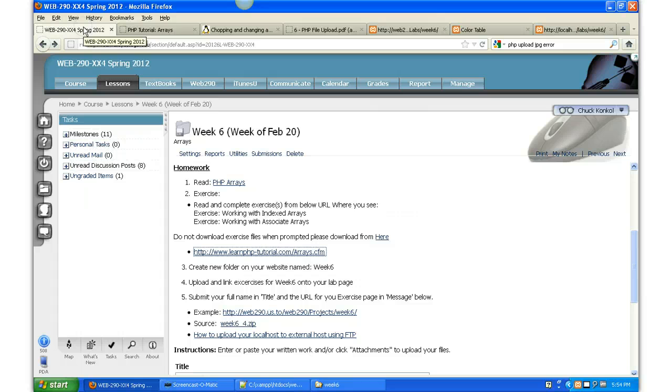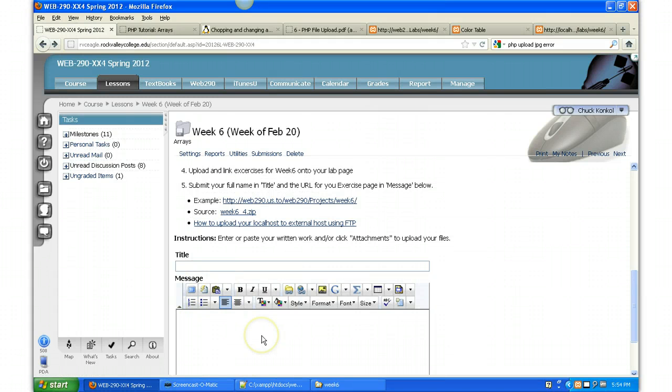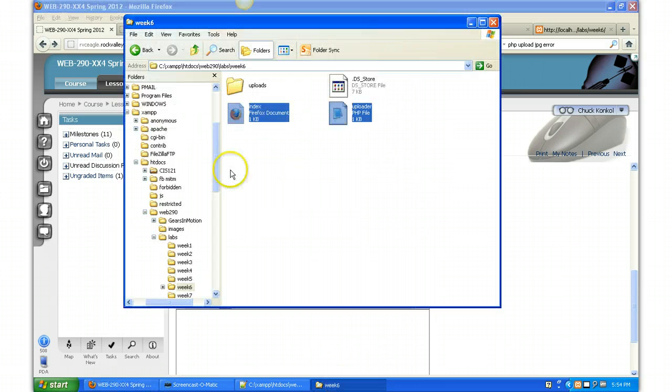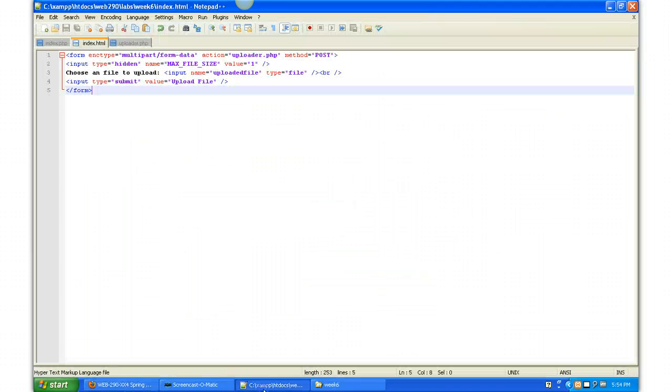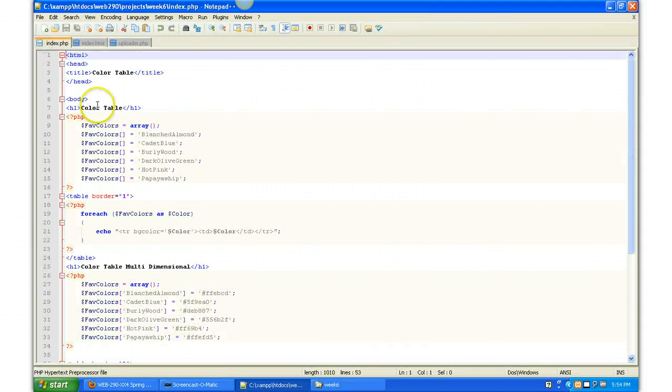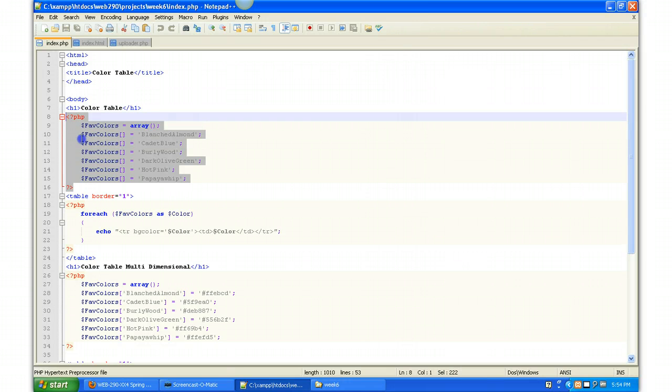When you're finished with that one, also submit it, as always, for the homework link below. If you have issues with the upload to your website, again, post just below here the PHP pages. And in this example here, you can put your page all on one, both the indexed array and the associated array. The index array is all one-dimensional,